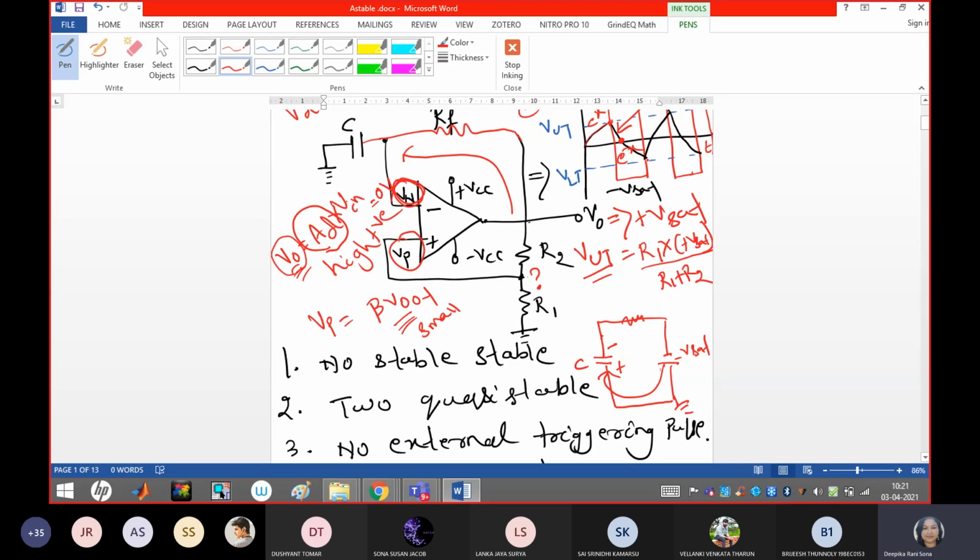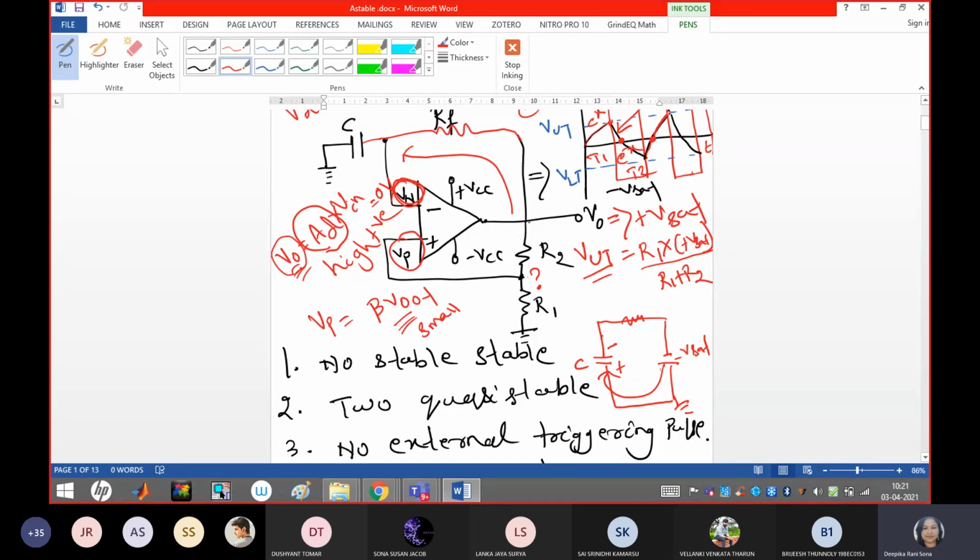So after it will entirely charge up to the negative direction. Suppose this is T1 period and this is T2 period. Again at T2 period, once the capacitor charges negatively, because of the negative saturation voltage, it will again start discharging towards the zero axis, and after that the voltage will become more and more positive, because of the upper threshold voltage, it will charge